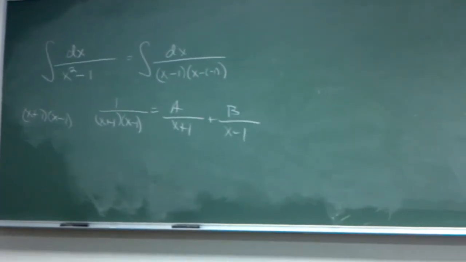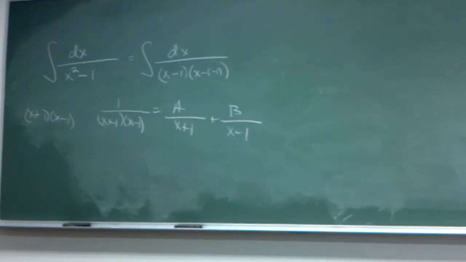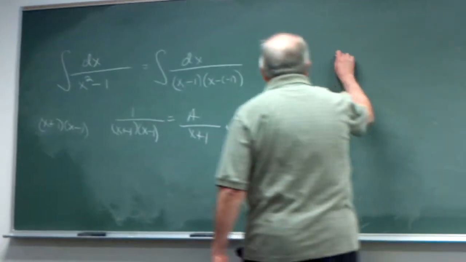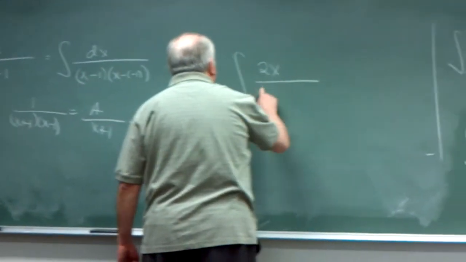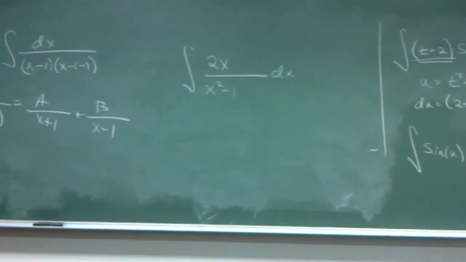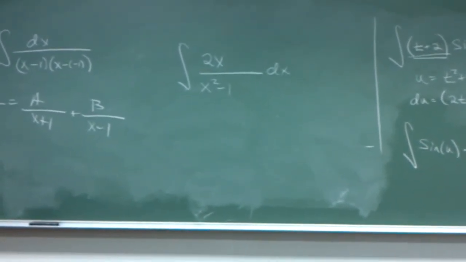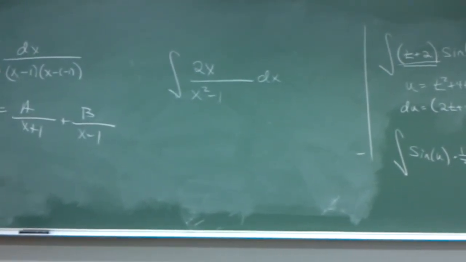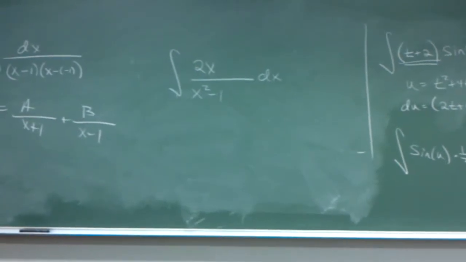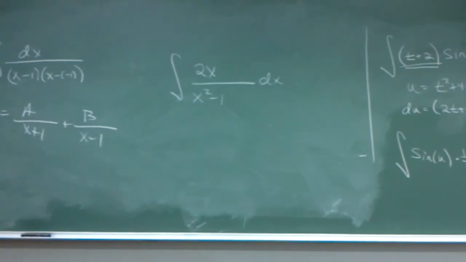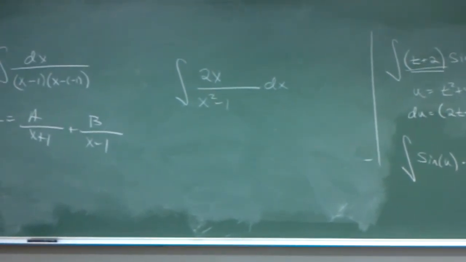And you certainly would not want to use trig substitution for something like that, even though there's an x squared minus 1 on the bottom, because that's not necessarily obvious. So if something isn't obvious, the first thing you try to do is see whether there is some substitution that will greatly simplify it. Is there a substitution that will greatly simplify this? x squared minus 1. Right, because the top is not only almost the derivative, the top is exactly the derivative of x squared minus 1. So if you let u equal x squared minus 1,